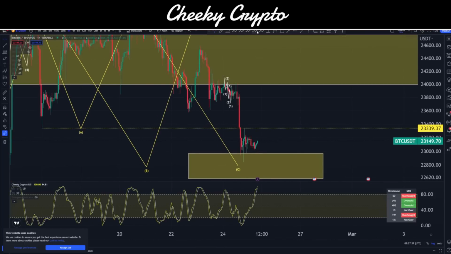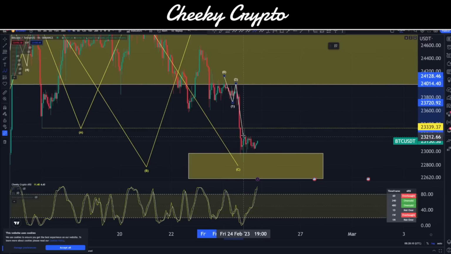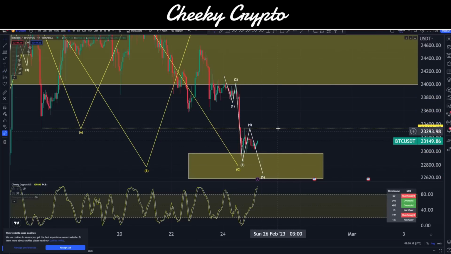And if we were to reflect on this as a 5-wave structure, which I think is what we should be doing because it's clearly what it is, it would look like this. It would look like a wave 1, wave 2. There's a 1, 2, 3, 4, and 5 right in here. Then we've come up. Actually, that's going to be about there. Then we've come up to this wave 4, and we're yet to have that 5th wave down lower.